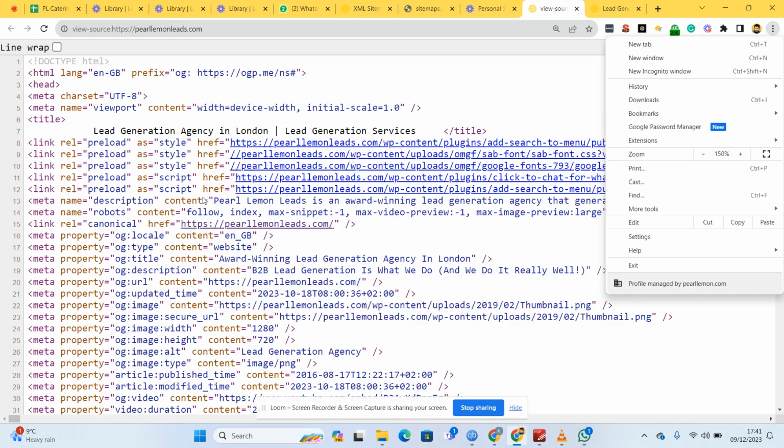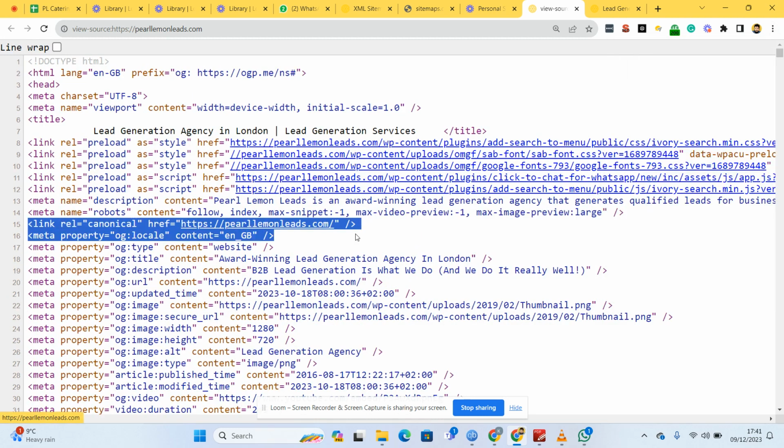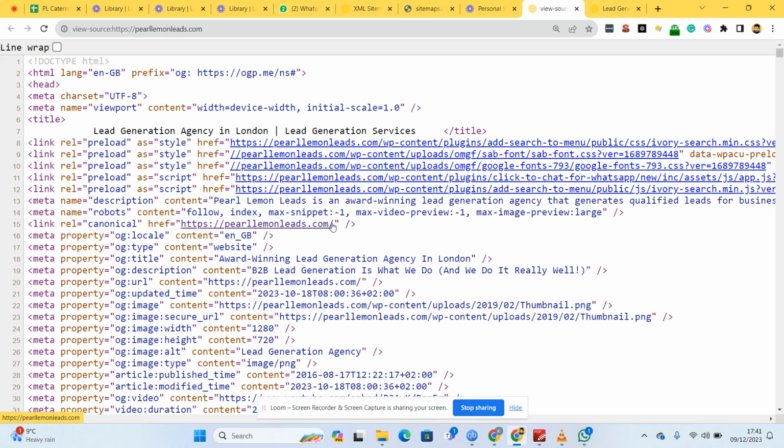in the 15th line you can see link rel. So this is the tag we normally put to tell search engines the canonical version. You can just copy and paste this code template from here. You just keep this part the same, and the page URL you can replace with your own